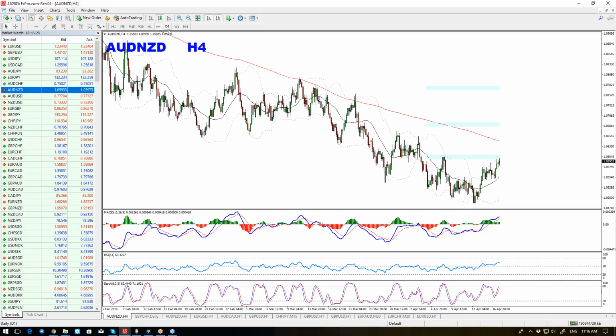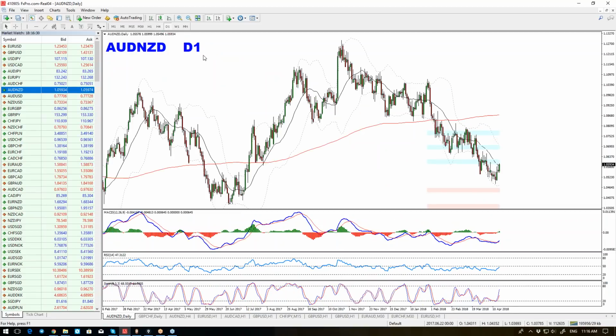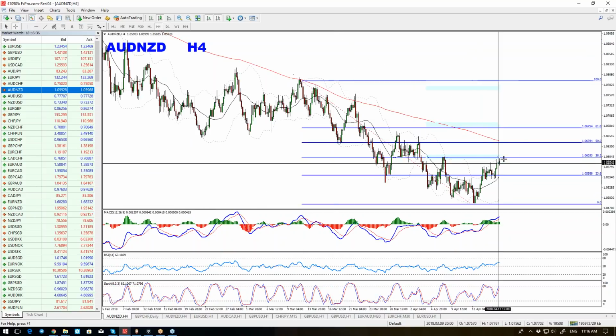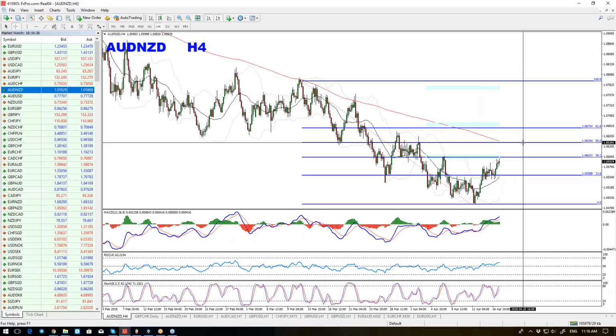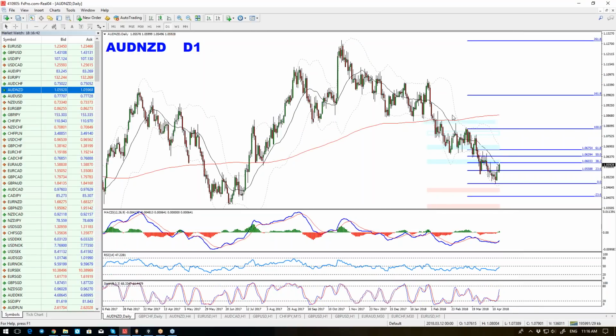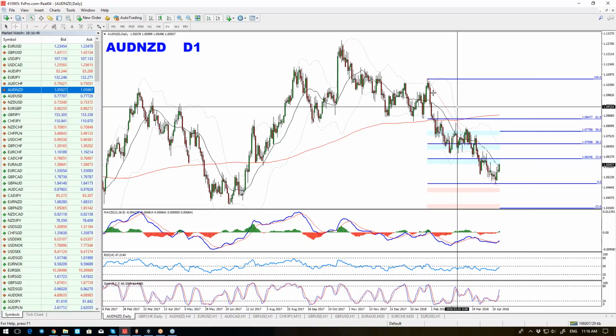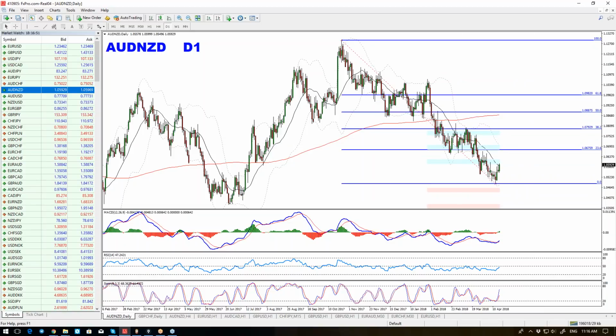Again, expectations here are according to the daily cycles, of course. We can start first of all from the last leg. This is a 4-hour chart triple cycle. So 50% of it could be the first destination. The bigger one could be then the daily double cycle zone that's here. And of course, the possibility for the big triple even